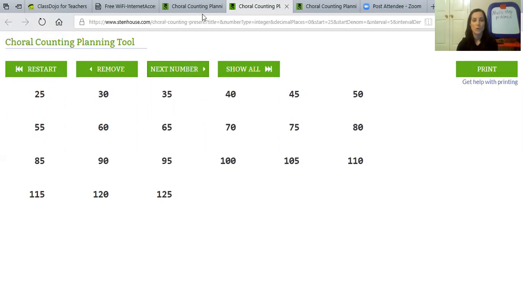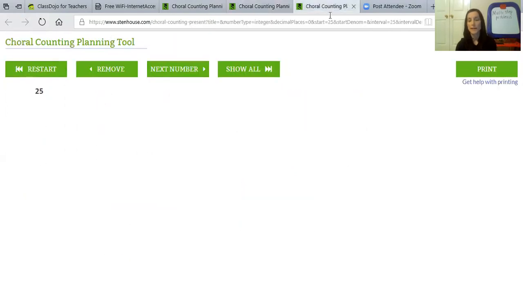All right, now we are going to go to our 25s and start counting by 25. So we're going to start here. And what do you think the next number should be when we're doing our choral counting? And I want you to think about your quarters. How would we count our quarters? Okay, so we have 25, 50, 75, 100,